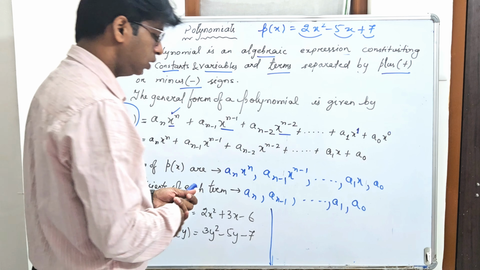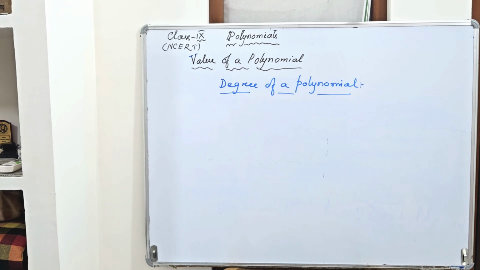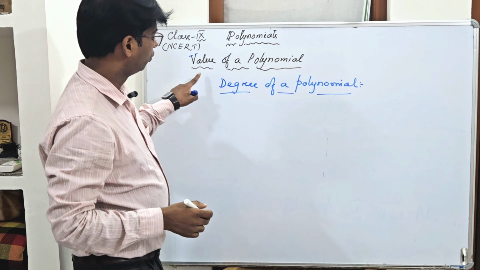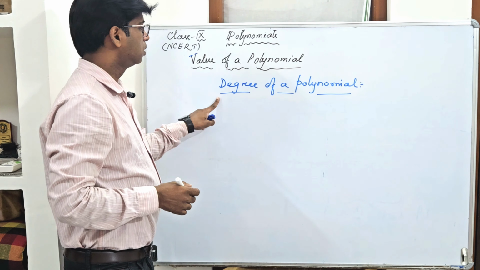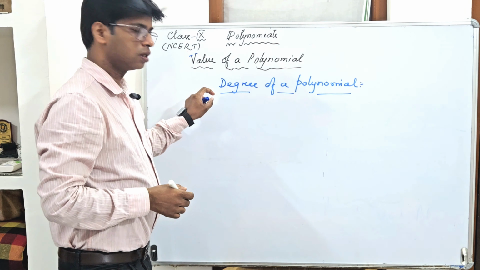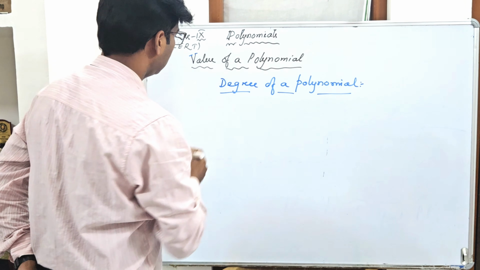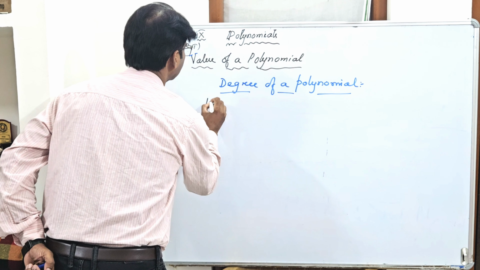So let us now jump over to the next topic. As I told, the next topic will be based upon the value of a polynomial. Before that I will be discussing a short topic like degree of a polynomial. So basing upon the degree also we will be knowing different types of polynomial. Like I will say linear polynomial,